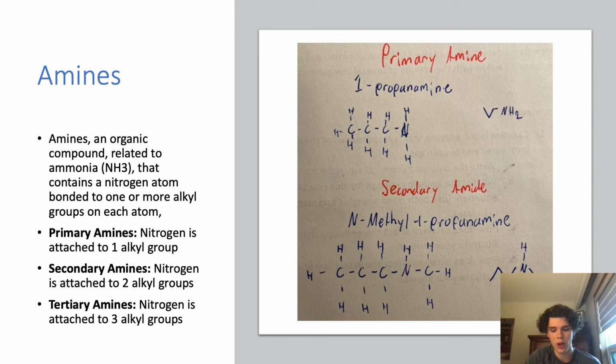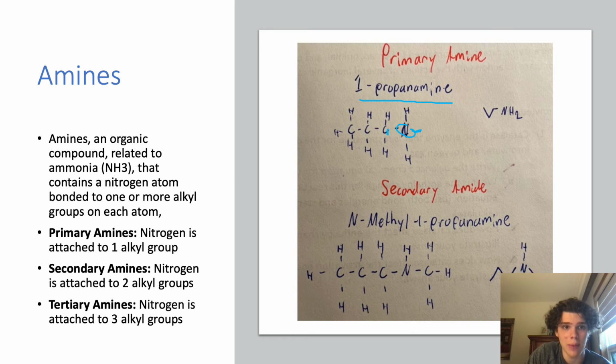3 alkyl groups. So, in order to name primaries, remove the E from the alkane and add amine, and a secondary or tertiary name is based on a larger alkyl group, so write the other shorter alkyl group in front with N to indicate additional attachments. So here we have an example of a primary amine, 1-propanamine, and you could see that the nitrogen is attached to the first carbon,